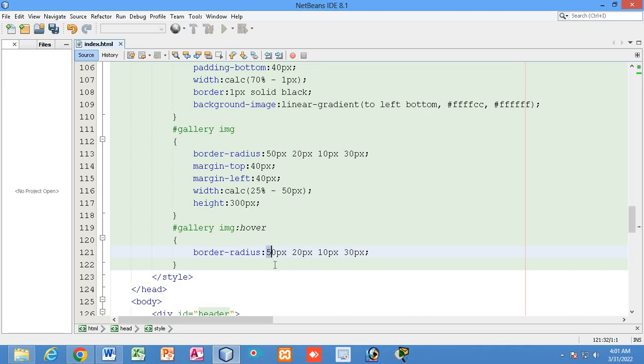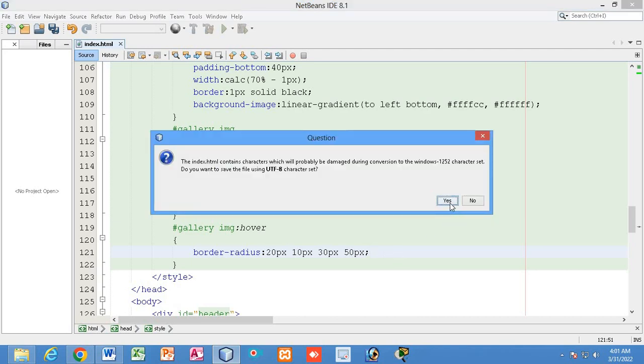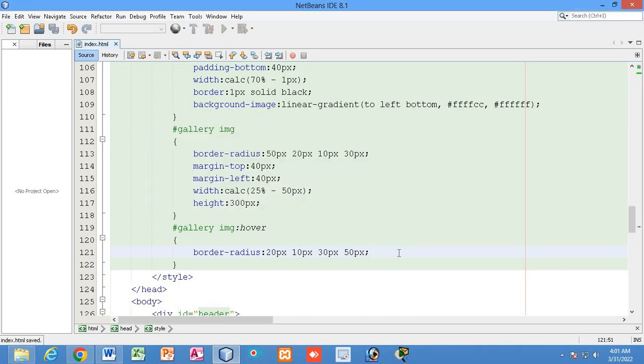This one will be 20, this one will be 10, this one will be 50, this one will be 50, this one will be 30. This is how the border radius will be changed, right?